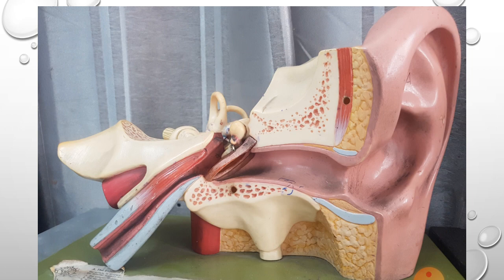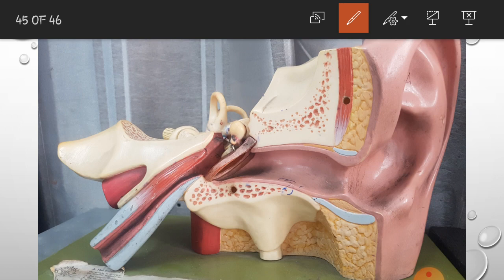And if we remove the anterior wall, we see a coronal section of this, then we can also see the external acoustic meatus or the external auditory canal. We can see the tympanic membrane, we can see the ear ossicles, we can see the eustachian tube, we can see this muscle, the tensor tympani muscle, we can see the internal carotid artery here, and these are the parts of the internal ear.